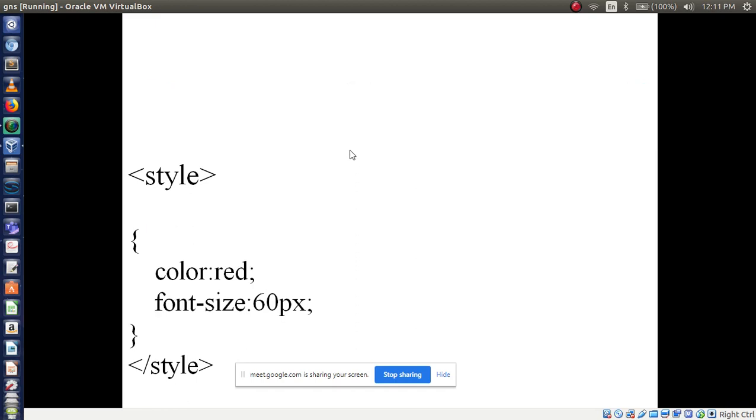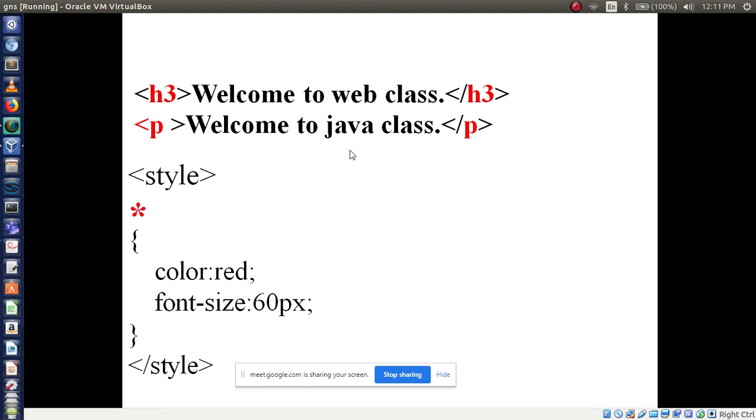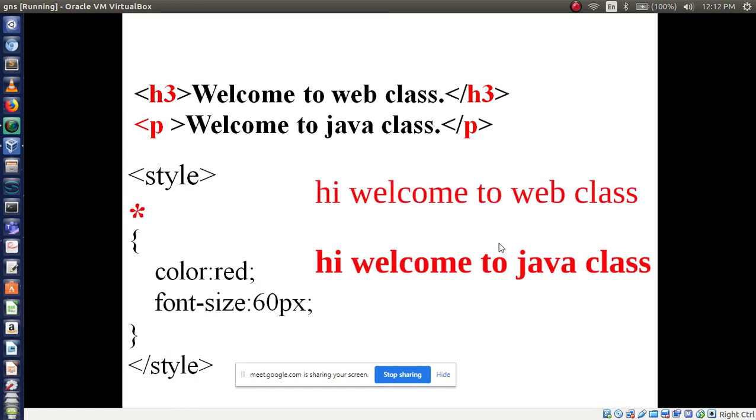Now this one: here I am using different tags but not any class or IDs, but I am applying this style sheet, that is color and font size, using the star symbol. So which kind is it? Yes, universal selector. Very good.